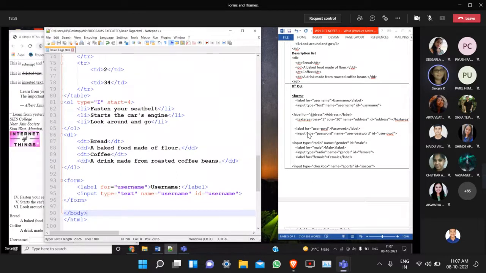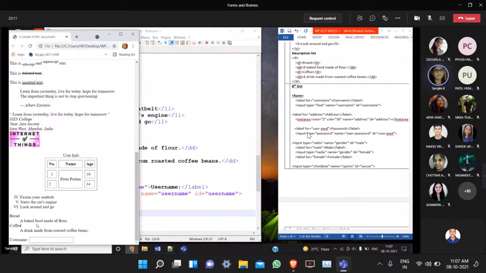Now if I want to add one more element in the HTML form, for example a text area, I want to give multiple lines of text. Using a text box, we can enter only a single line of text, but I want to enter multiple lines of text. For example, I want to get feedback from my end user. So I want to create a feedback control. How will you create it? Using the text area tag. Now this label is as it is, like before.